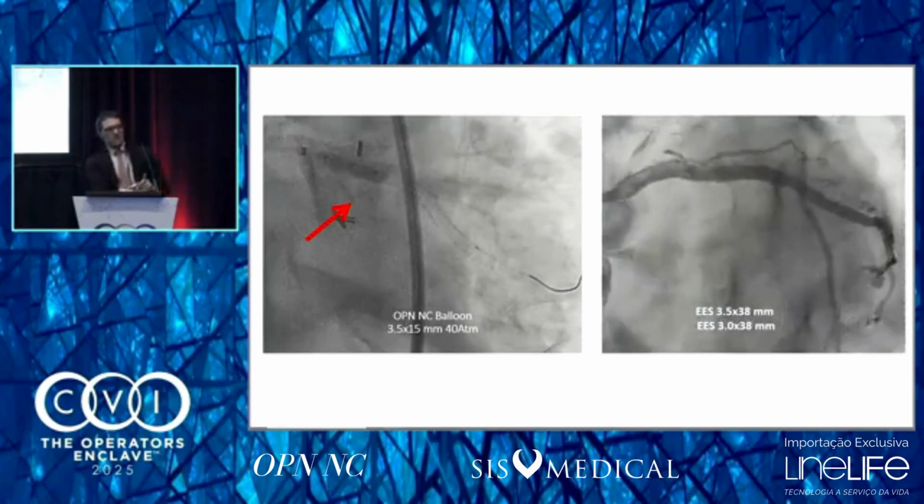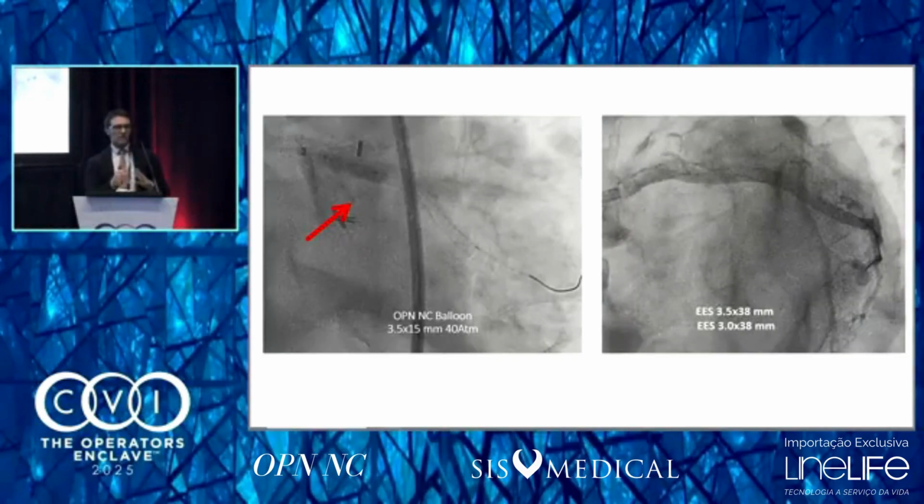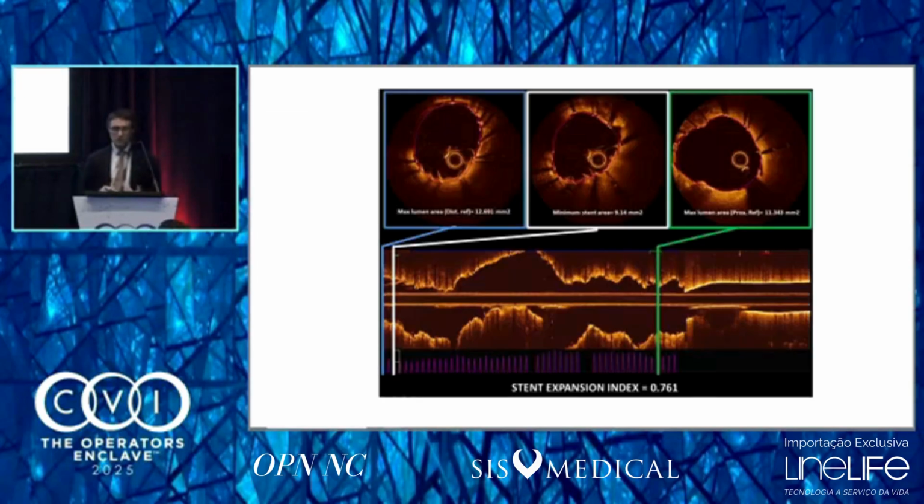Not in every case do you have this effect where the OPN NC balloon dilates, bam, there's a pop effect in the artery. Sometimes you have to convince the artery to become bigger and bigger. So you need much more dilatation. If you remember the first case, cutting and rotablation, and the intravascular picture after the first case, you can appreciate the big difference right now with the rota and OPN NC, compared with the rota and cutting